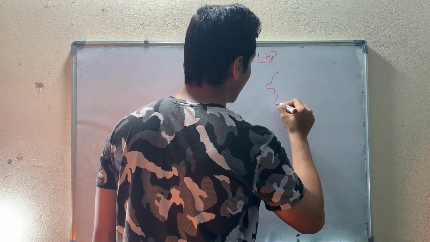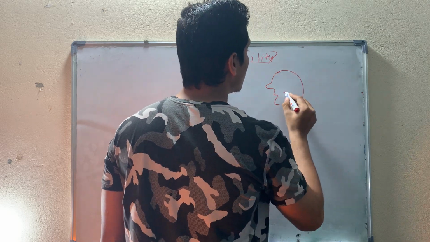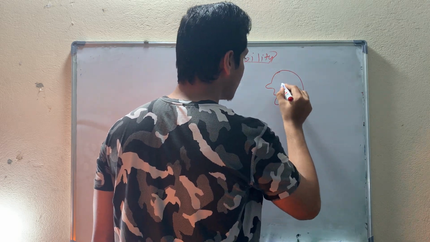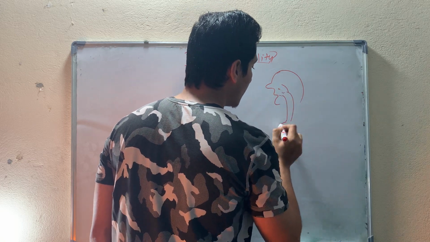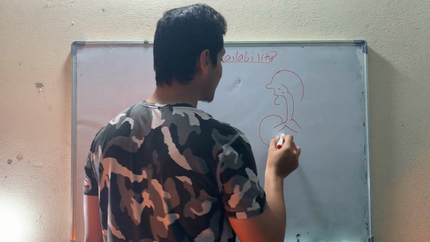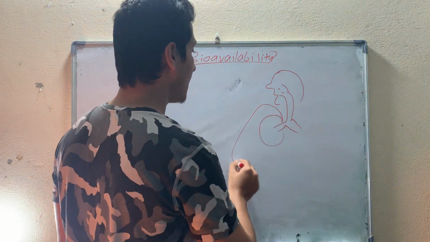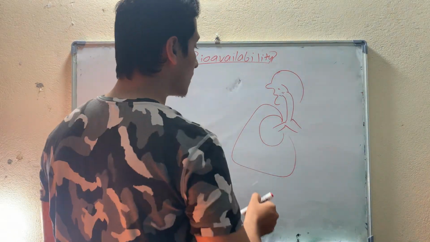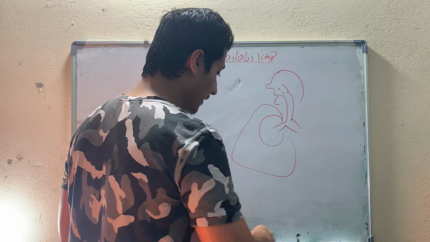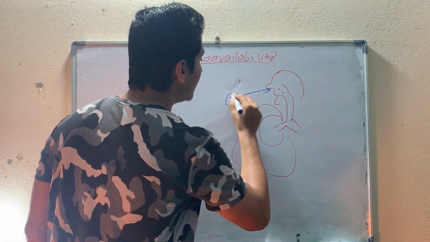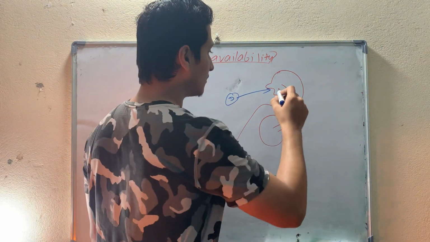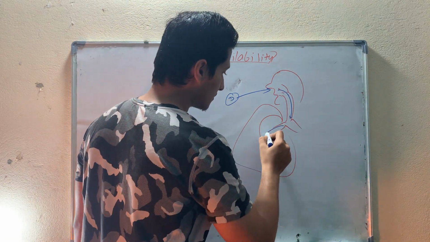Suppose this is a man. Now this is his trachea, right? And this happens to be his bronchus, and this is his alveoli, and this happens to be his lung. Now when he inhales some drug, D, the drug has to come all the way down here, and it has to come into the alveoli,